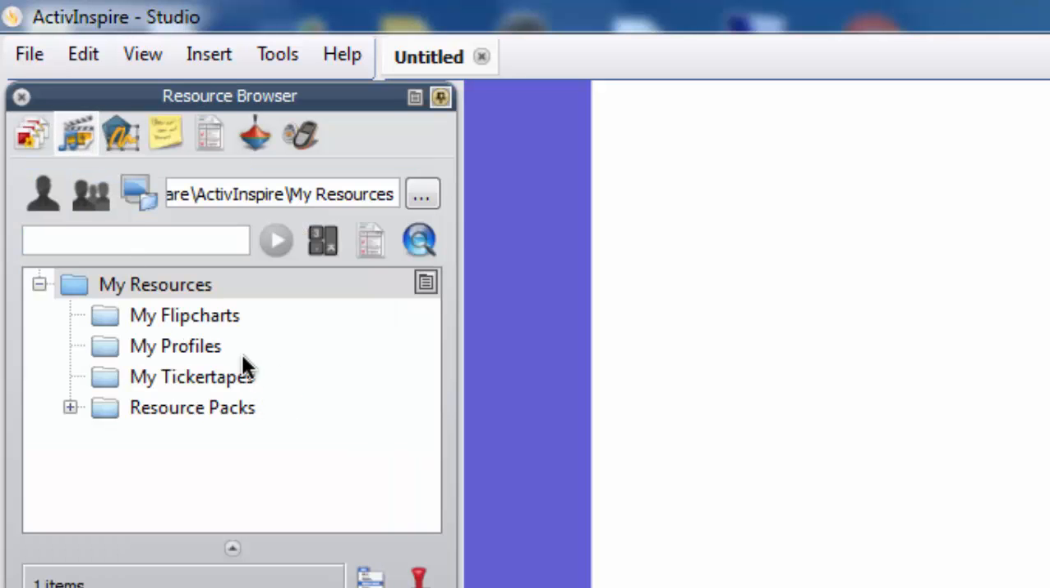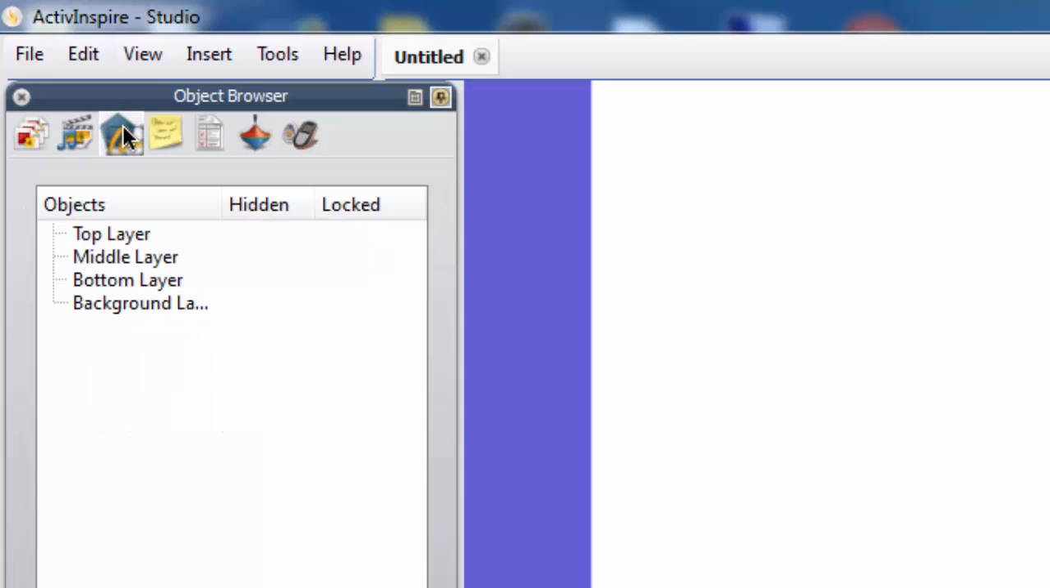We have the page browser, which is basically a means to navigate through your pages. We have this really cool resource browser. We're going to get into that in a little bit and how to download these really cool resource packs. We have an object browser. Once you start getting into some advanced lesson planning and flip chart building, you can really play around with the object browser,